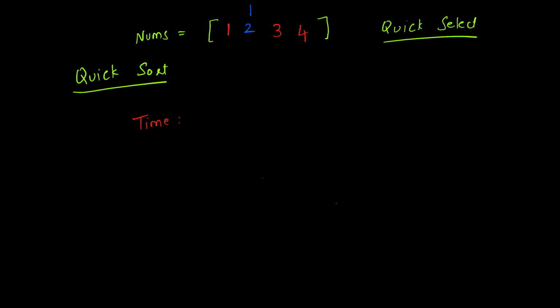The average time complexity of this approach is O of n, where n is the number of elements in the input array, as at each partition, we are reducing the amount of calculations that we need to do. But in a worst case scenario, the time complexity could be O of n square, as we may need to go one level deep whenever we are creating a partition and then comparing its value with the pivot. So if the input array is highly unbalanced, the time complexity could be as worst as n square,